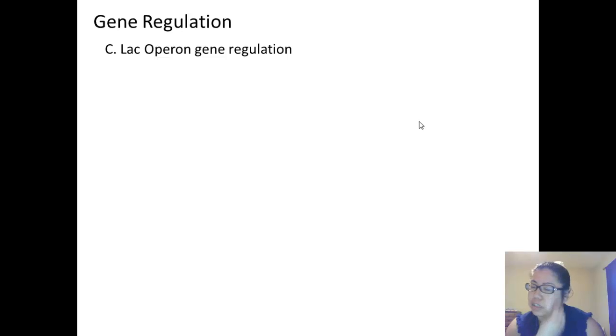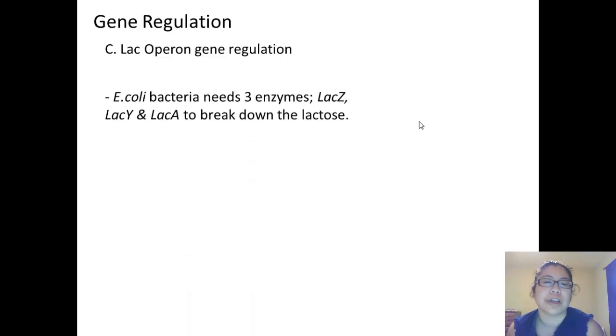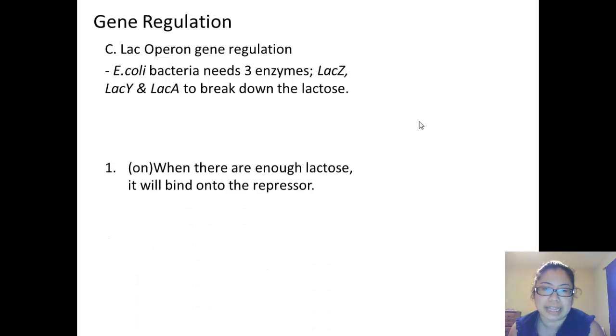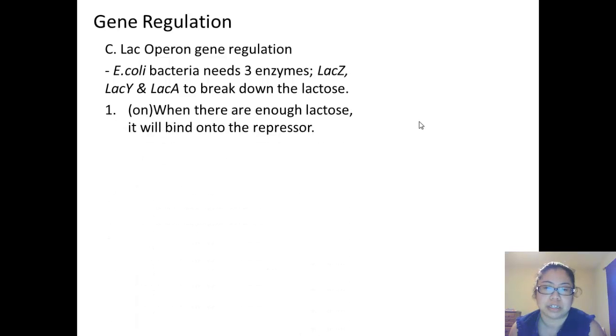So specifically, and this is probably the most common example for gene regulation, is the Lac Operon, which is short for lactose. Lactose is a sugar found in dairy products. The E. coli bacteria needs 3 types of enzymes, LAC-Z, LAC-Y, and LAC-A, to break down the lactose. During the time in which it's turned on, when there's enough lactose,